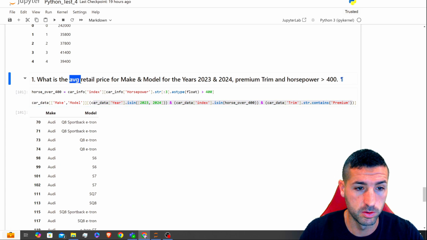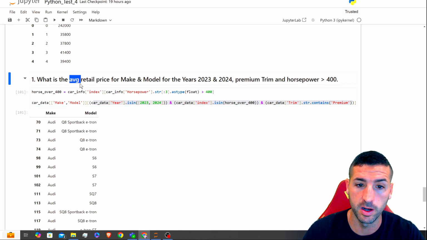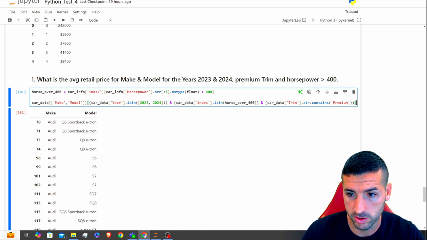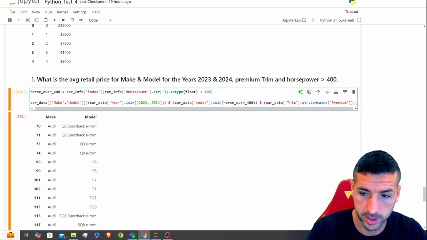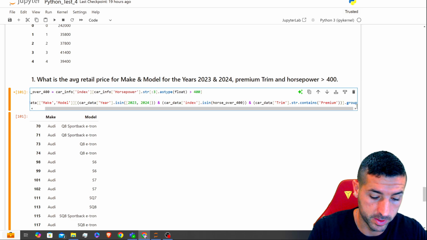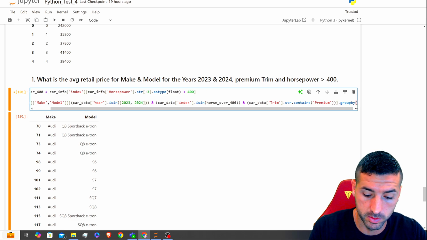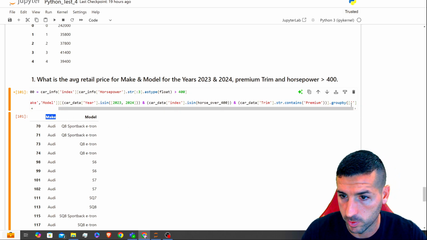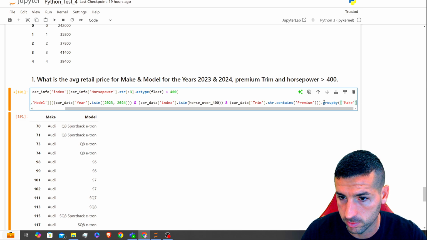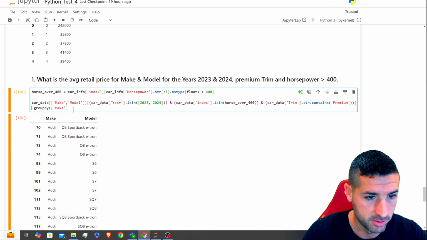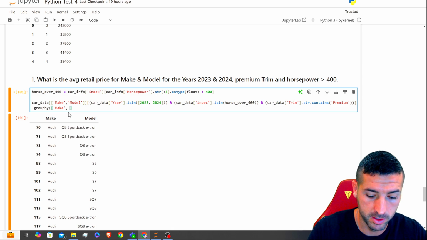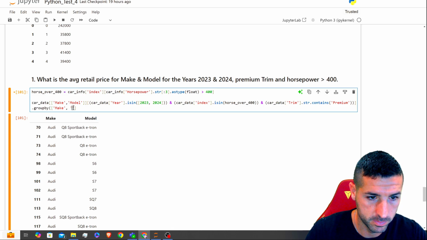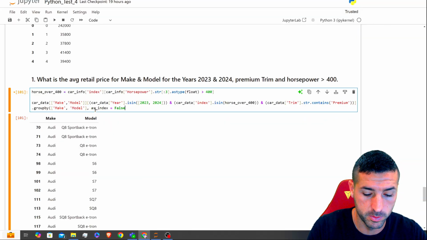And the last thing we need to do is the average retail price. So we need to do an aggregation now. So we can say dot group by, the group by is going to be by these two columns. So the make and the model. Make, and then also, let me do enter, so we see what we're writing. Group by make, then we need the model. There we go. Now we need comma as_index equals false, because I don't want this to be a new